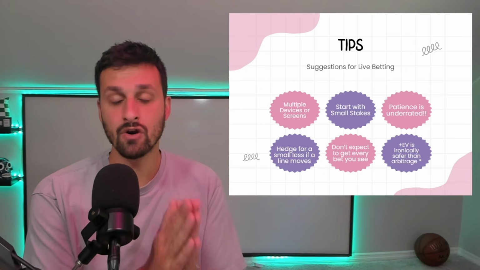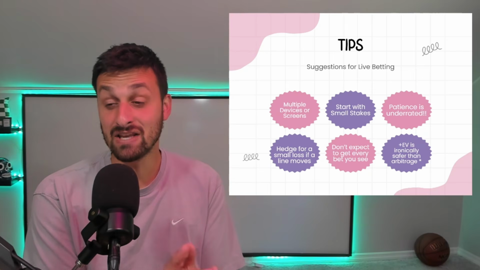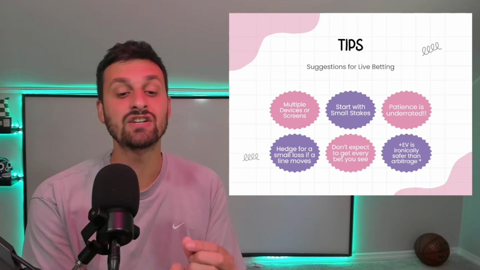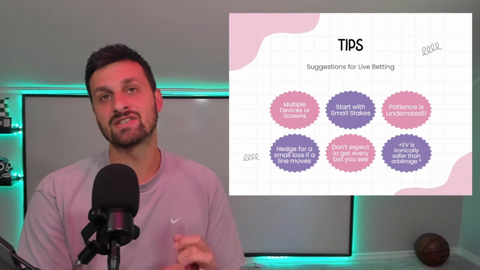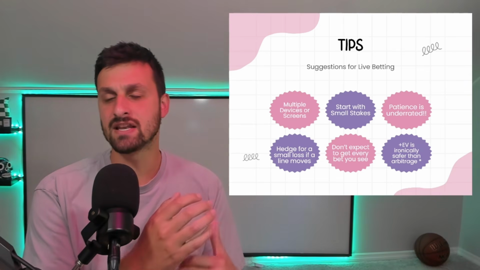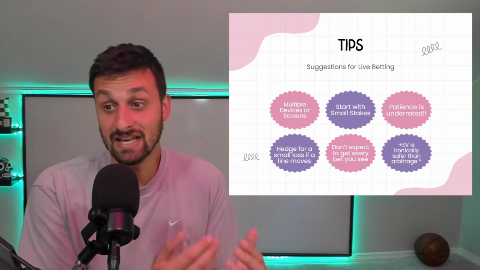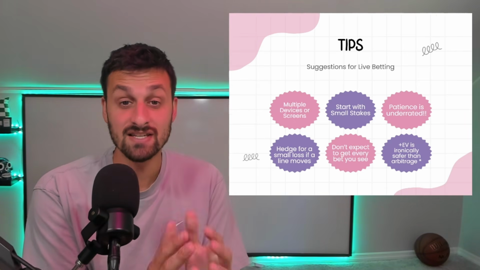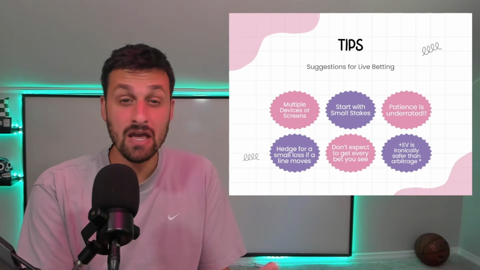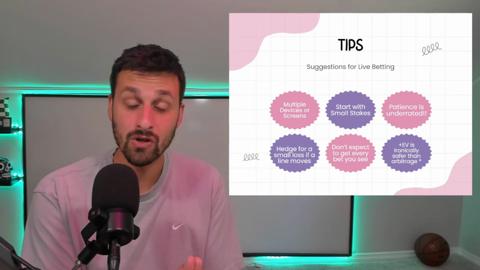Patience is underrated. This is what I struggle with most with live betting. Even after doing it for hundreds of hours, it is tough to sit there and see a good line, almost get it in and then see it lock. And then you're more tempted to get faster and bet the other lines and move quicker. And it can all just kind of unravel you mentally. It is tricky to stay poised and stay diligent. So understanding that in an hour's worth of time, you may only lock in 10 to 12 good bets, that's something you have to learn to be okay with.